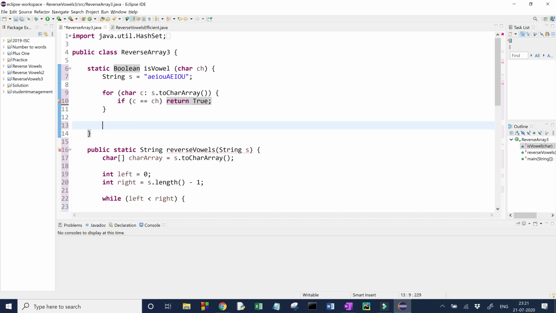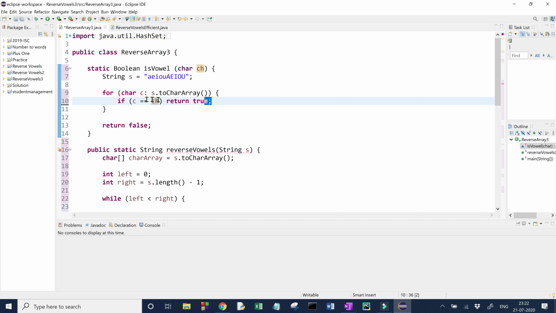If this loop is terminated and our control reaches this line number 13, it means we have not found any kind of vowel. So that means we have to return false. I hope this is clear. We have this argument here. We will start comparing with each element of this string which contains all the vowels.